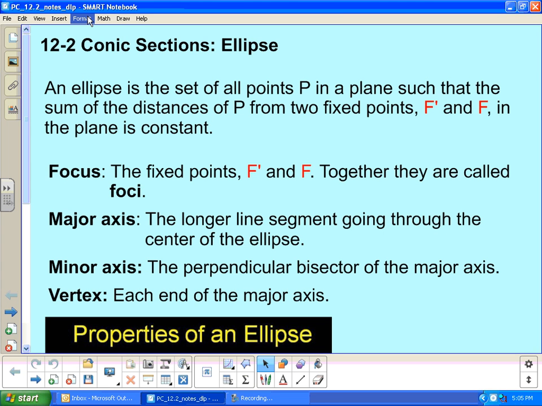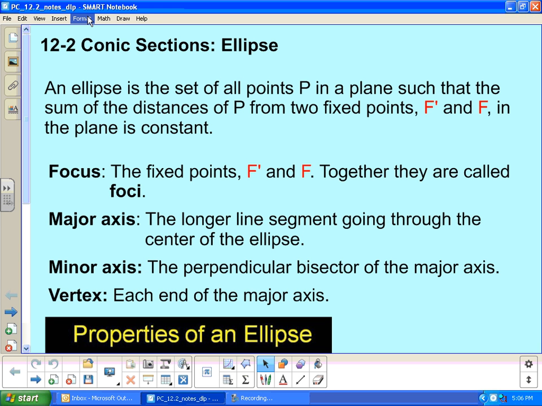12.2 of our conic sections is the ellipse. And the ellipse, we're probably familiar with its shape. It's a circle with one of the axes elongated. By definition, it's a set of all points in a plane such that the sum of the distances of P